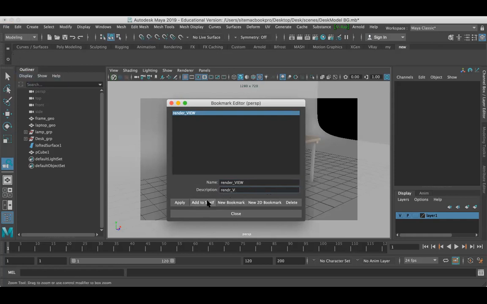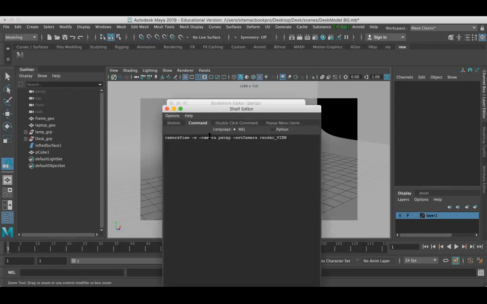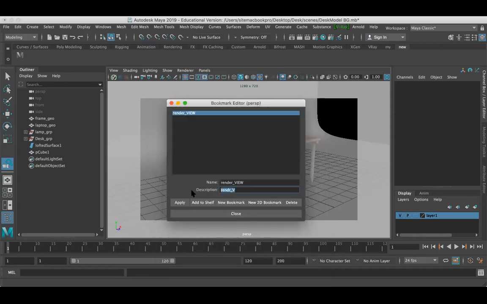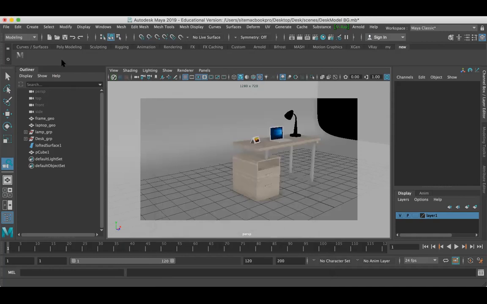So if you give the description, okay. Edit. Okay, fine. That's fine. I don't need to. They updated something here, so the description doesn't add the name here. So I have added the view here.